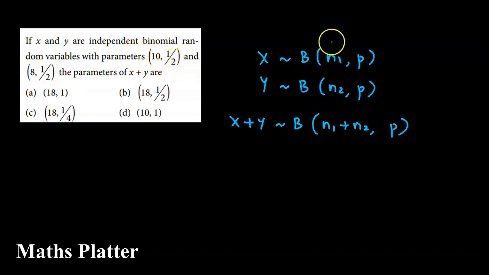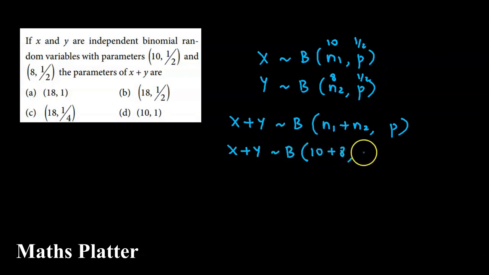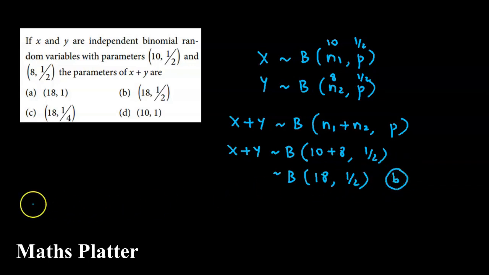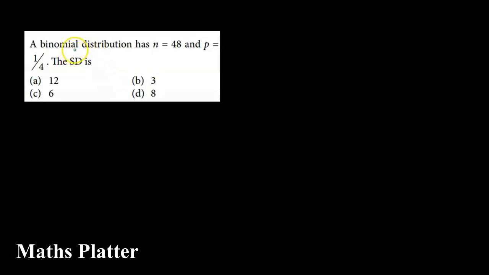देखिए यहाँ पे n1 है 10 और p की वैल्यू है हाफ, n2 है 8 and p की वैल्यू है हाफ. So therefore we have x plus y will follow binomial distribution. Parameters होंगे 10 plus 8, p. p is half. So that is 10 plus 8, ये हो जाता है 18, half. तो इसका सही आंसर है ऑप्शन बी. A binomial distribution has n equal to 48 and p equal to 1 by 4, then the standard